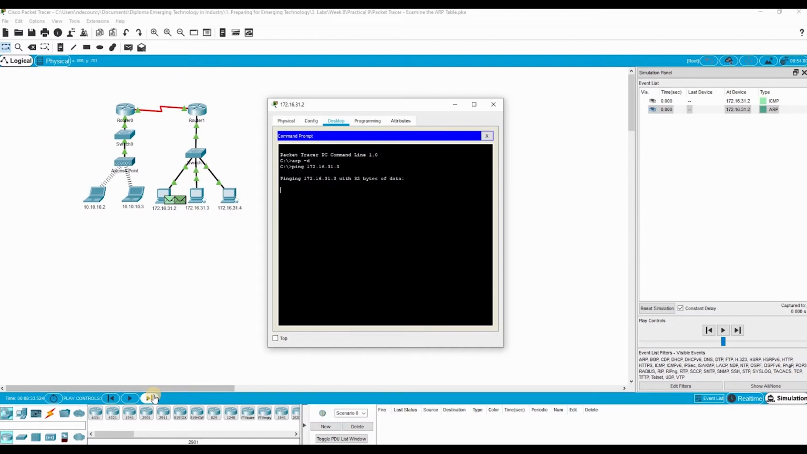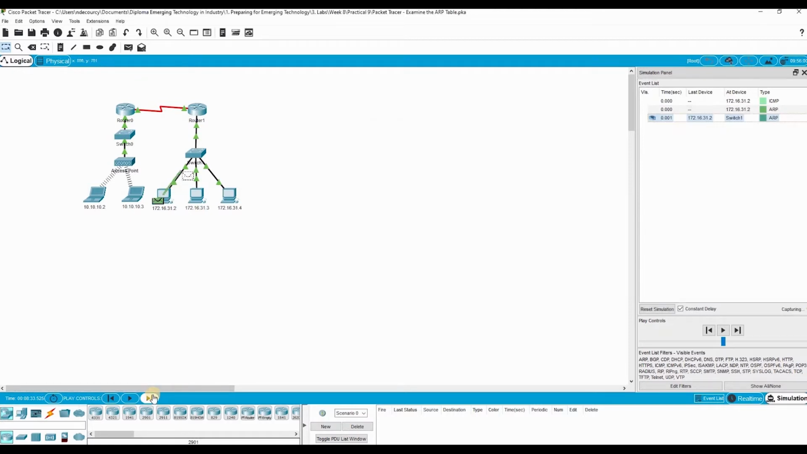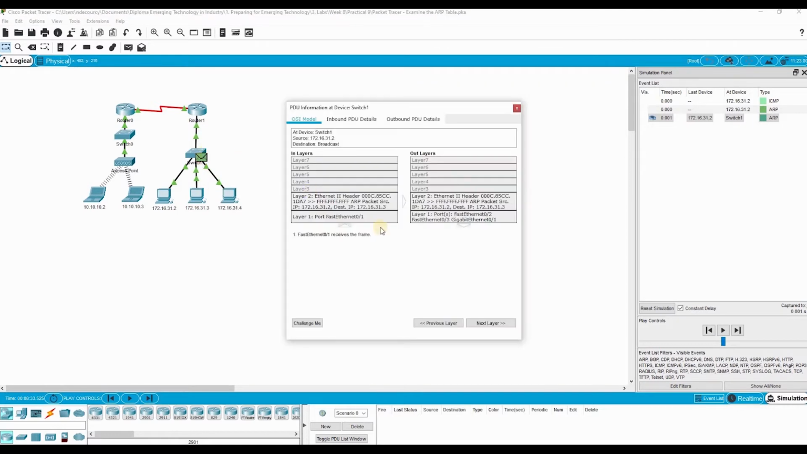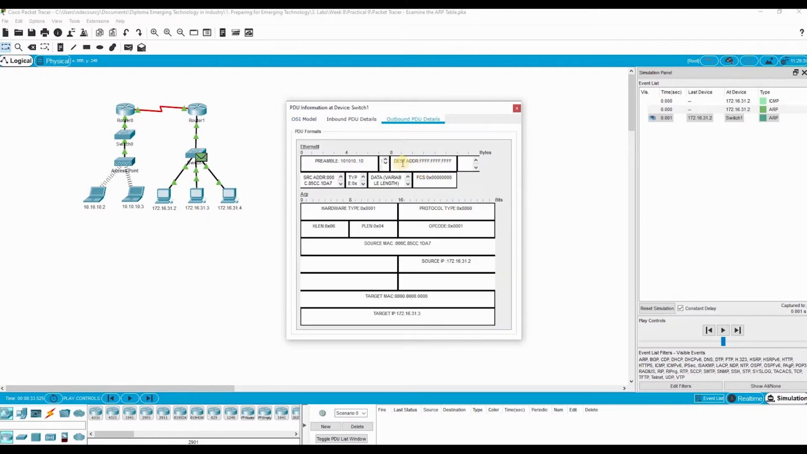Click capture forward once. We can see the ARP PDU moves to switch 1 while the ICMP PDU has disappeared, waiting for the ARP reply. Open the PDU and record the destination MAC address. Okay, so let's open the PDU. You can see here, and if we check here,